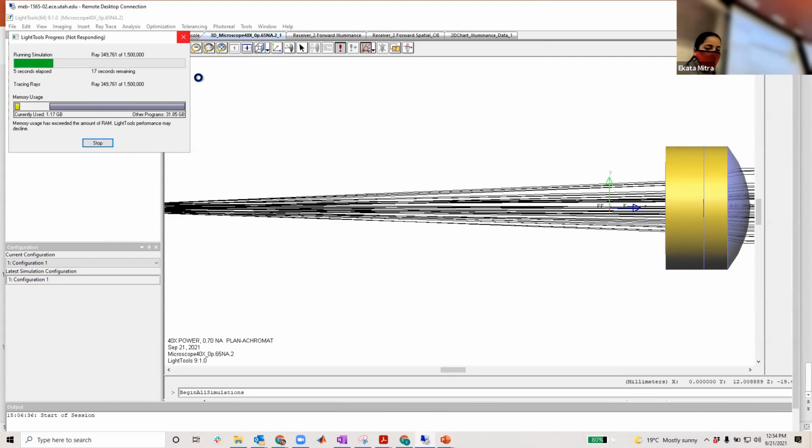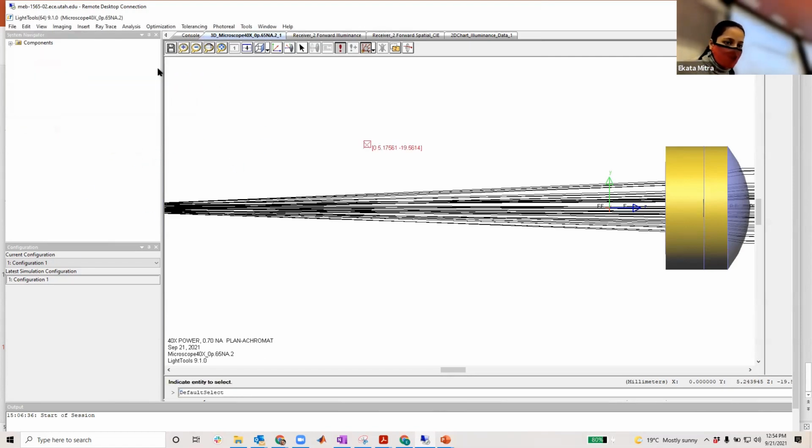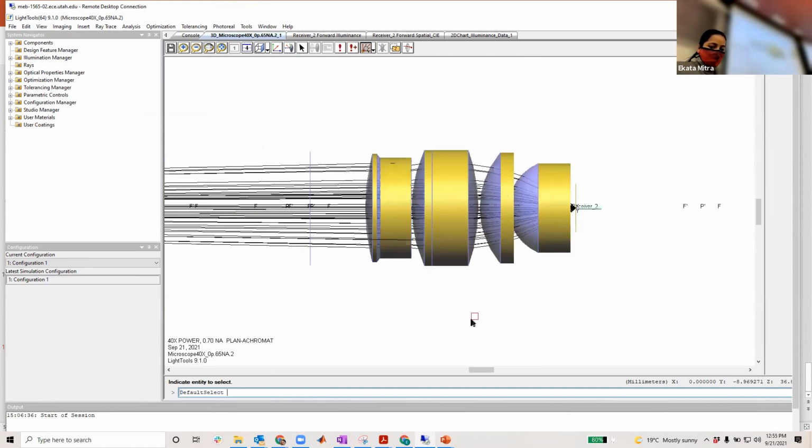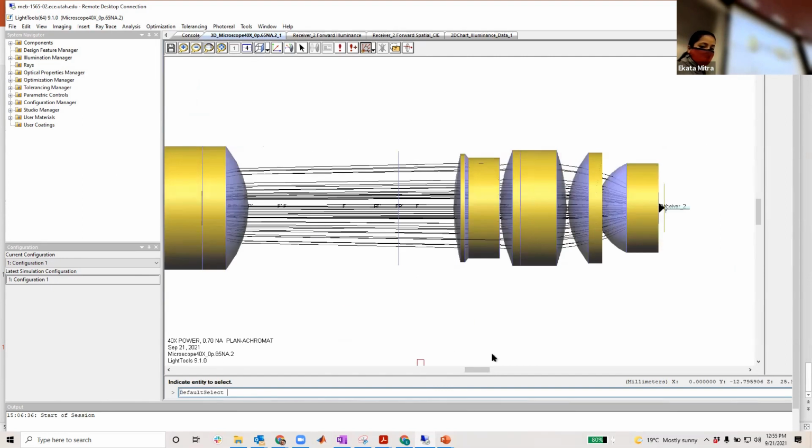So this is basically LightTools. You can see I have a system, this is our system. This whole part is our objective, and this is our cannula.